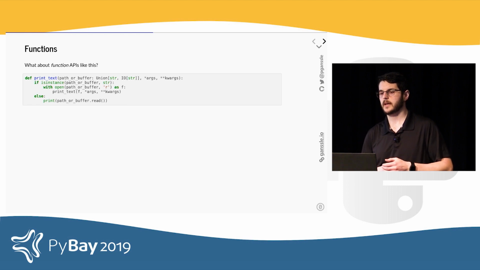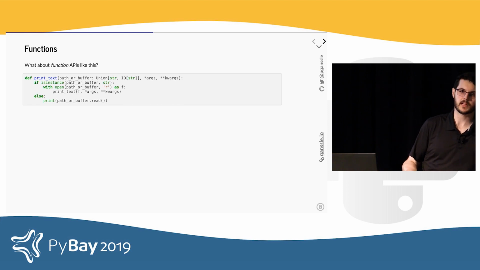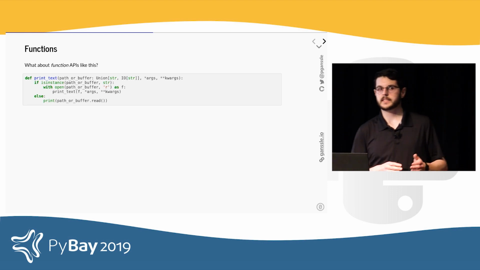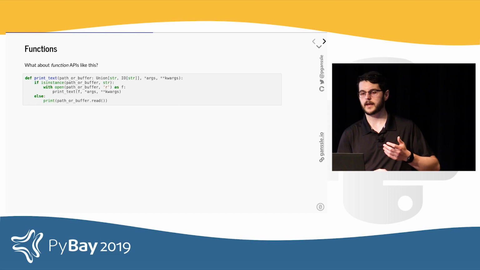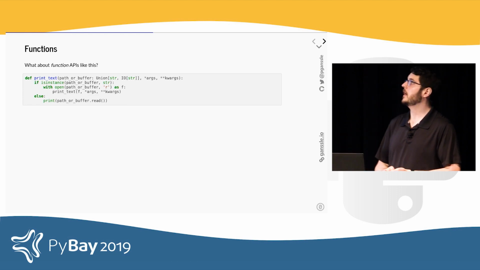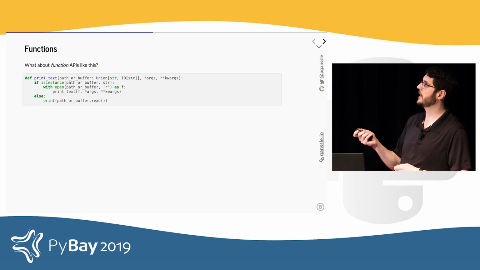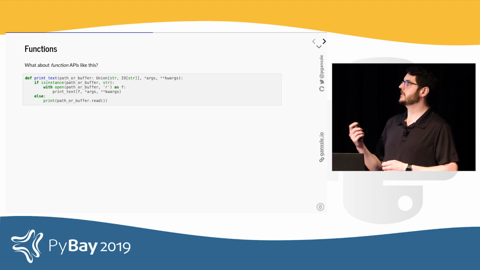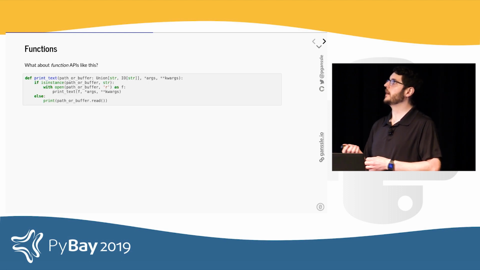And essentially, so far, everything I've been talking about is in classes. But a lot of these same API problems come up in functions as well. But there's not really such a thing as alternate constructors for functions, right? But maybe there should be. So we can look at, for example, this kind of thing. This is a contrived example, but it's a pattern that you actually see quite a bit, where you have something that